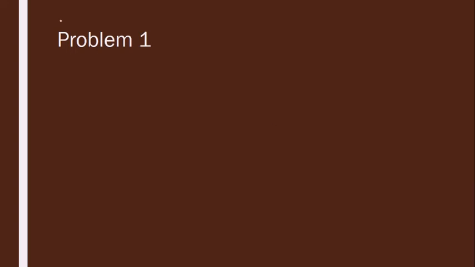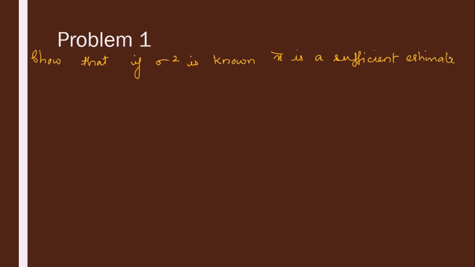So problem 1 is regarding a normal distribution. We are taking a sample from a normal distribution. So just write down the question. Show that if sigma square is known, x bar is a sufficient estimate of mu,